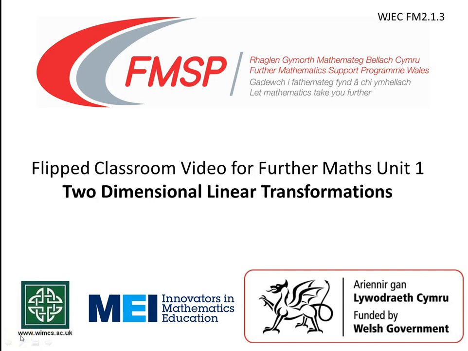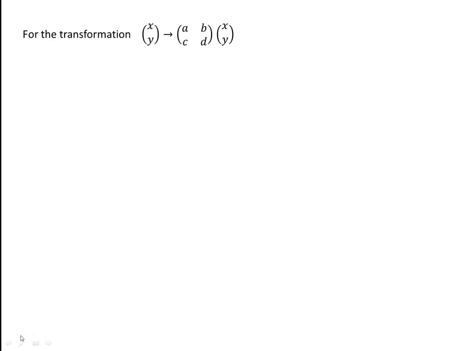In this video we are going to look at some of the important properties of two-dimensional linear transformations. So if we have the transformation given by the matrix ABCD, so it takes the point with coordinates xy through to the point given by ABCD times xy,